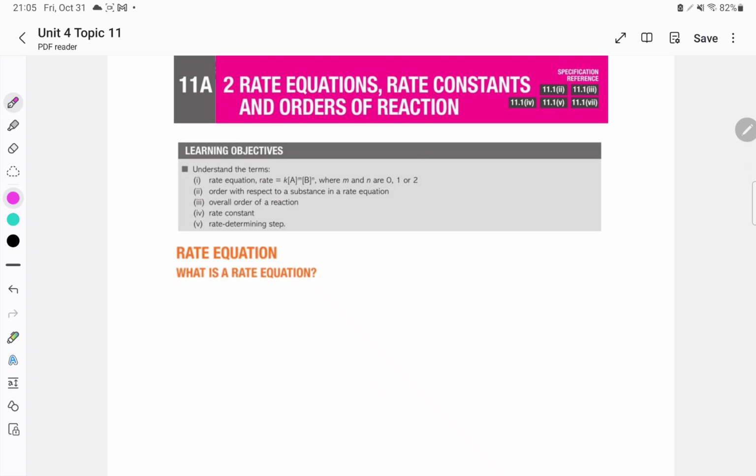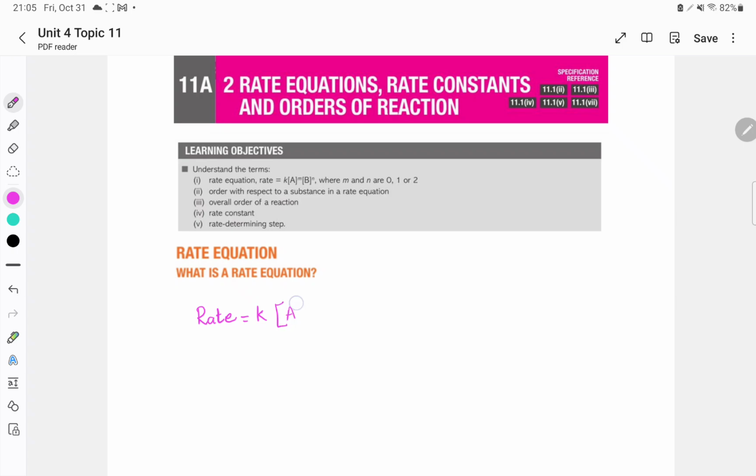Okay, so the next topic for unit 4, topic 11, it's topic 11A, part 2. Here we're going to discuss the rate equation, rate constant, and order of reaction. So basically, what is a rate equation? Whenever you're writing a rate equation, always remember that rate is equal to k